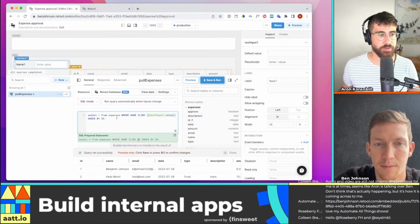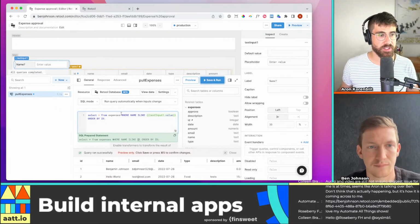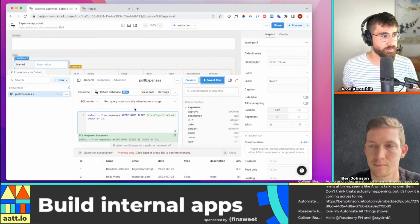So let me just read this back to people as I understand it, and you'll tell me if I'm correct. I'm saying select everything, right? So all fields, right, from the expenses table that we've connected to this query, where